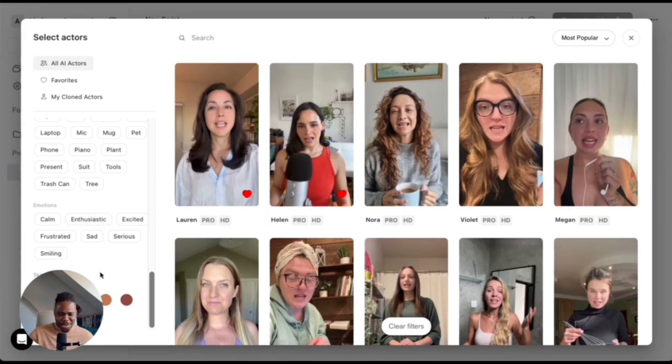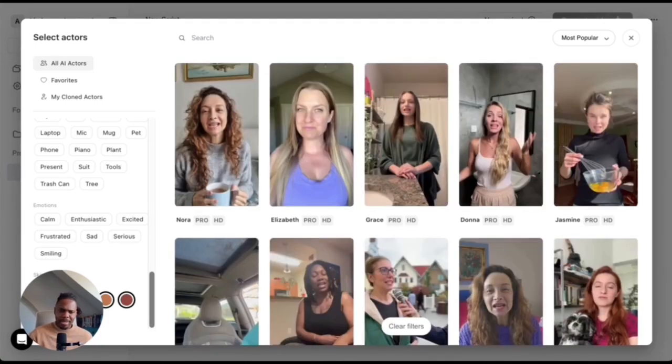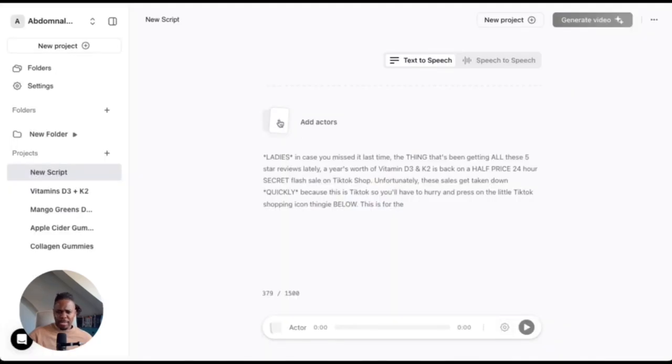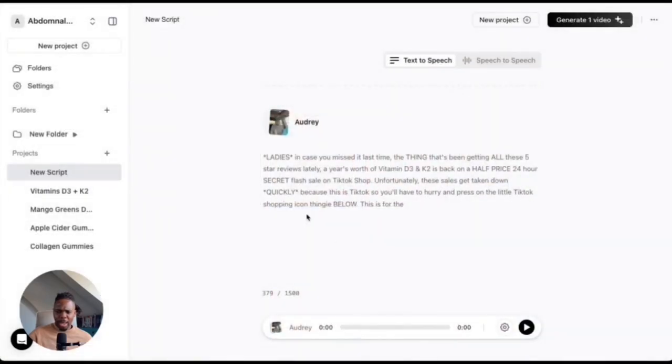To go even further, you can also choose the skin tone of that actor. You want to appeal to a particular target audience because of the product that you're promoting. This allows you to do exactly just that. Once you've selected the actor, obviously you just click on here, choose an actor, and at the bottom there I'm going to go add actor, just chosen a random one for this example, and they will now read this script